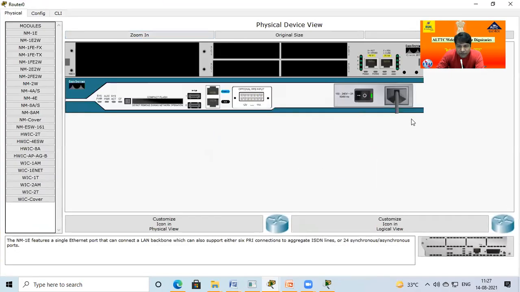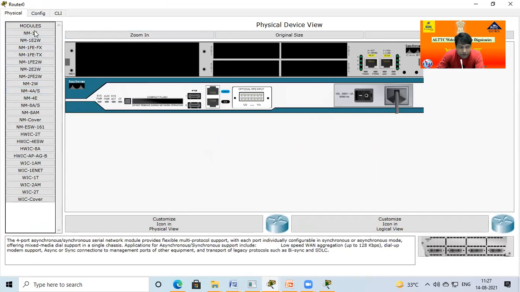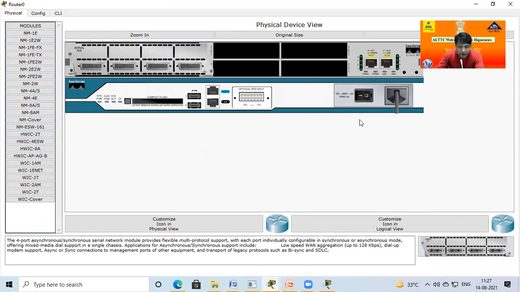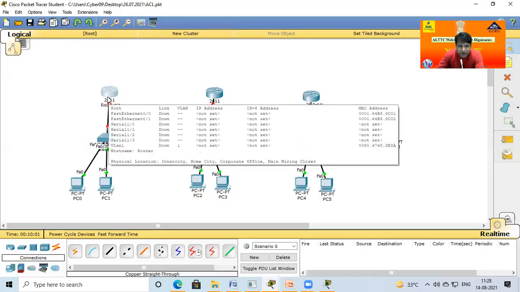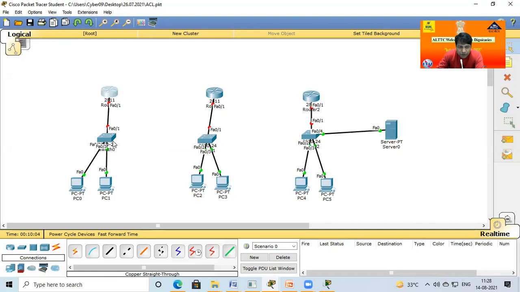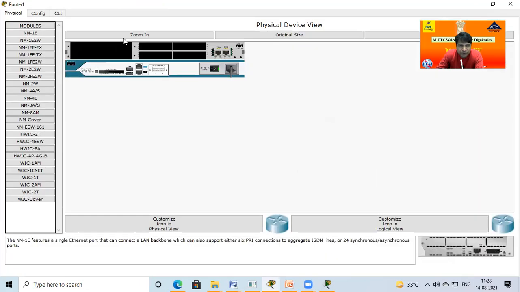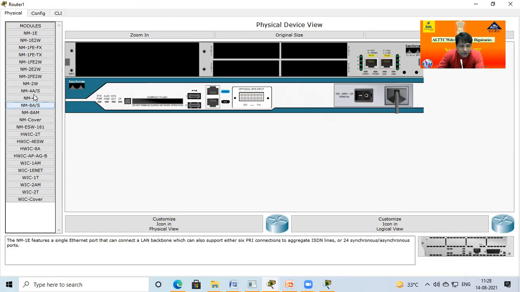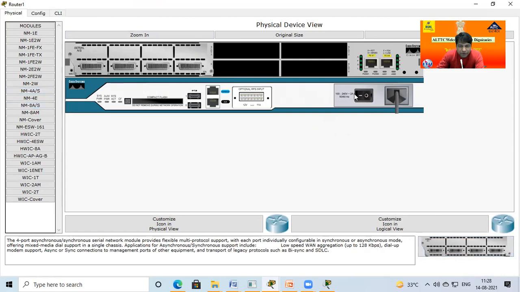So how to add a port: just power supply off, and here add a new module 4AS, because here no AS is available. Because this is a simulator, money is not an issue, so you can put any port, no problem. Just click on this 4 port. You can also use 8 port, no problem. Just press here and power supply on. If I again move my mouse here, you can see a serial port for additional port. Same in the middle router, power supply off. This is the 4 port. Just put it here and power supply on.